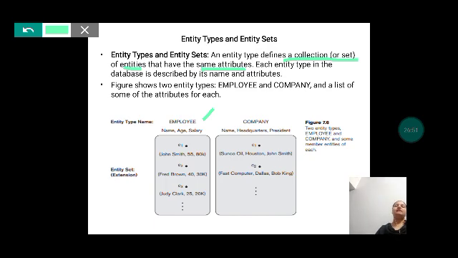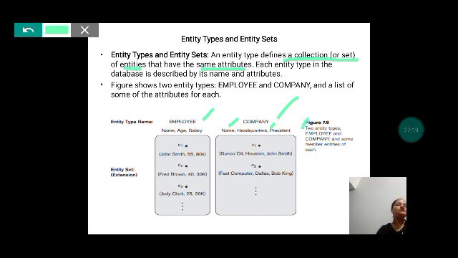Okay, and then next we have another entity type we saw here, which is company. This is the name of an entity type. Here also we are able to store similar type of data for all the entries. Which type of data? We can store the name of a company, then their headquarters name, and then who is the president.